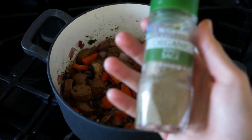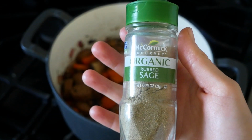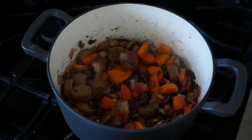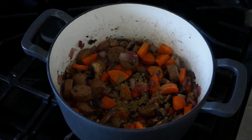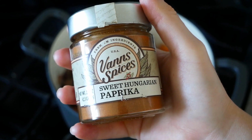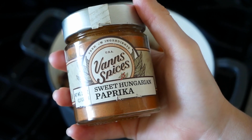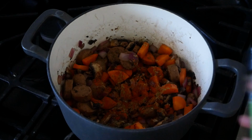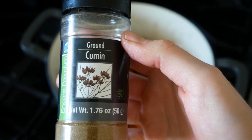Once that is done cooking, we're going to add in our spices. First to the pot is going to be dried sage. We're going to add in 1/2 teaspoon of this, a 1/2 teaspoon of paprika as well. We're also going to add in 1/2 teaspoon of cumin,